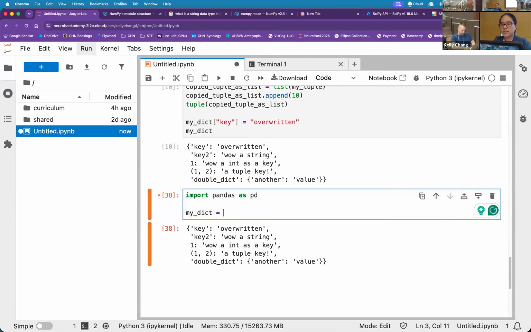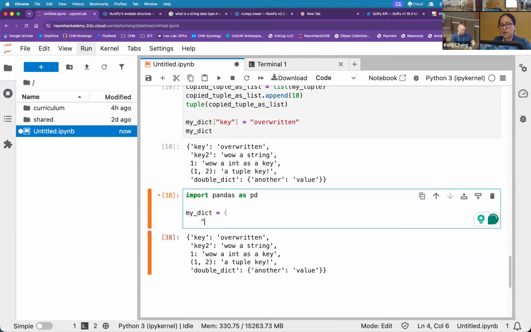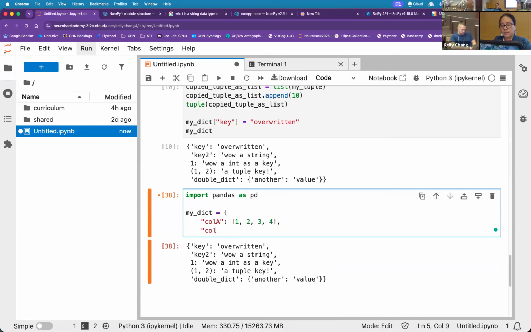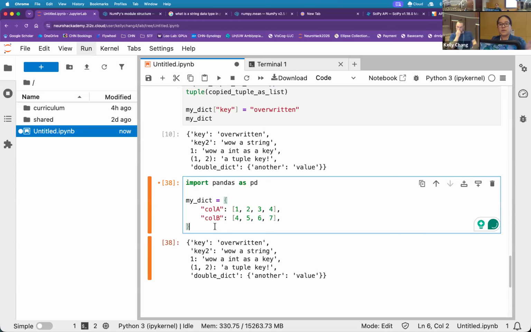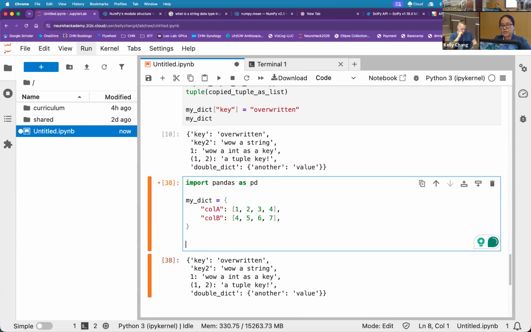So let's make something a little bit more sensible. This is column A, and this has 1, 2, 3, 4, column B, and then 4, 5, 6, 7. And then we want to close it the same way, starting off with my dictionary. But what we can do instead is convert this, similar to how we converted that list of lists to a NumPy array. We can convert it to a data frame.